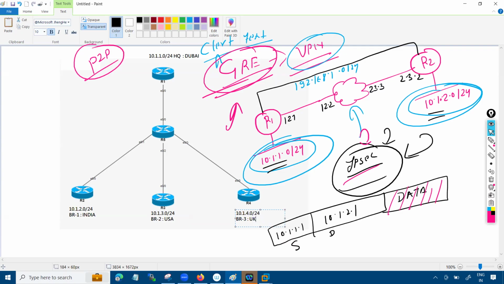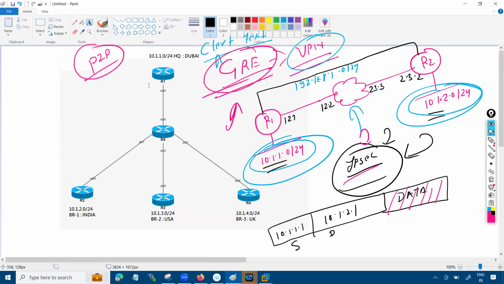So normally what happened, try to understand: if I'm going to provide the communication between these branches with the help of GRE, I need to make one tunnel. First, let's understand this way. India wants to communicate with Dubai, so I need to make one tunnel between this guy and this guy. Then USA wants to communicate with Dubai, then I need to make one tunnel between this guy